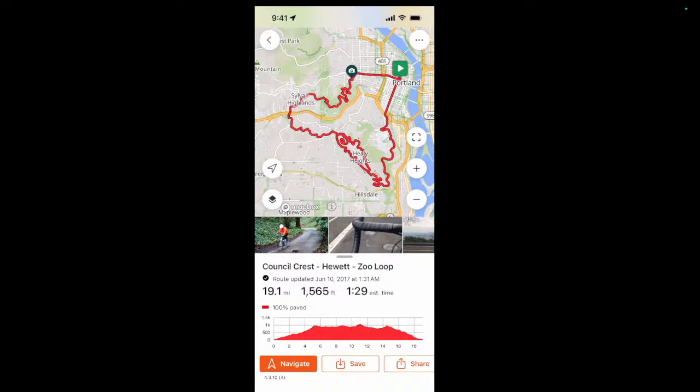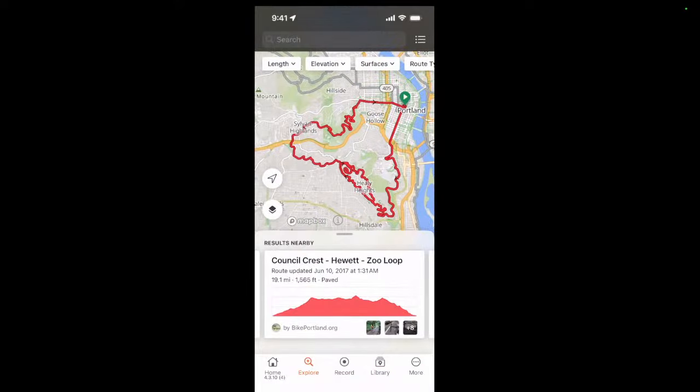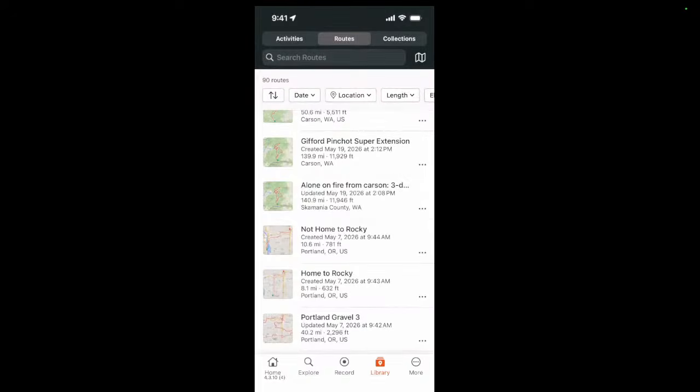So you hit the back button in the upper left, and we're going to head to our route library. You can get to the route library at the bottom right-hand side of the screen. There's a little library icon. If you tap in here, if you look at the very top of my screen, you'll see that there are